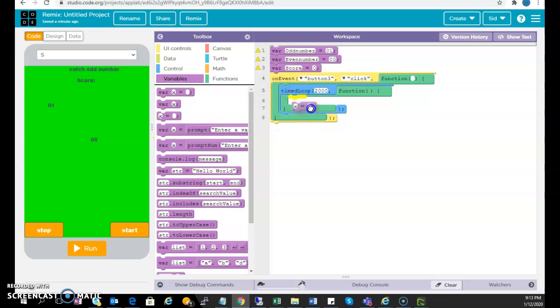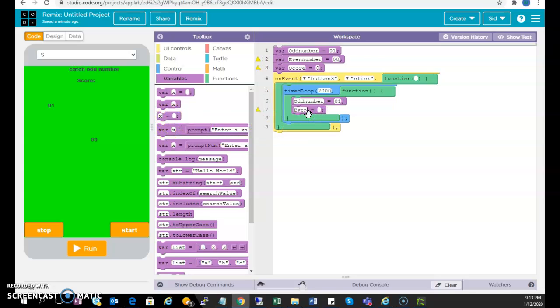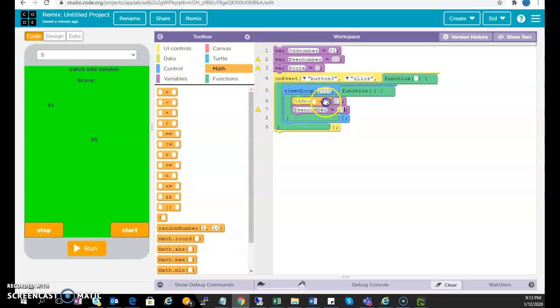and in variables you want to be grabbing this third one, the x equals to nothing, and then you want to type in odd number, just exactly how you typed it in there, and then go 0, 1, grab another one, even number, 0, 0. Now you want to just quickly grab this math and keep it in there, and then you type in again odd number. Sorry, I missed this step. Odd number, and then 0, 1, and then